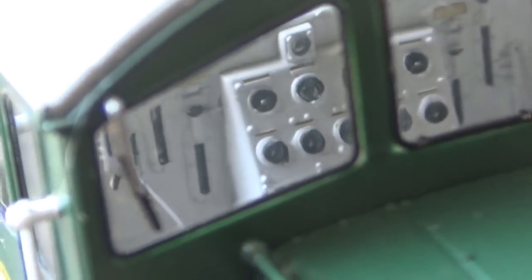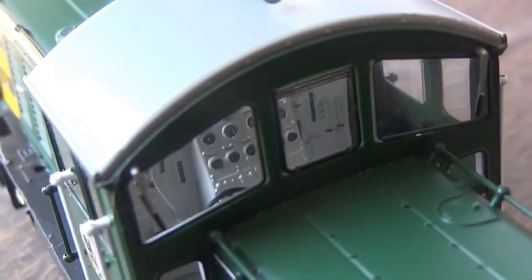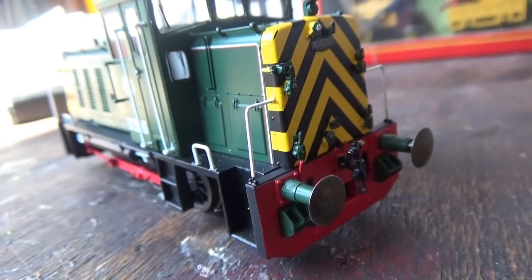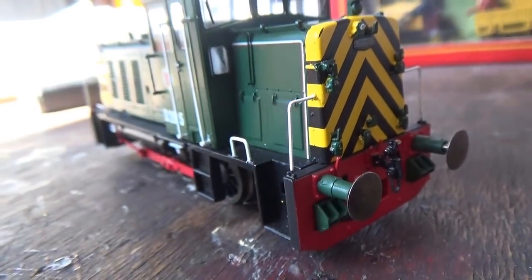Because normally Heljan don't bother painting the cab interiors. They just leave them unpainted. Not that it matters too much, but on this model they have painted it. And that just looks absolutely superb to look at in the cab. It really does. Moving to the back of the loco, again we have separately fitted and painted handrails just there